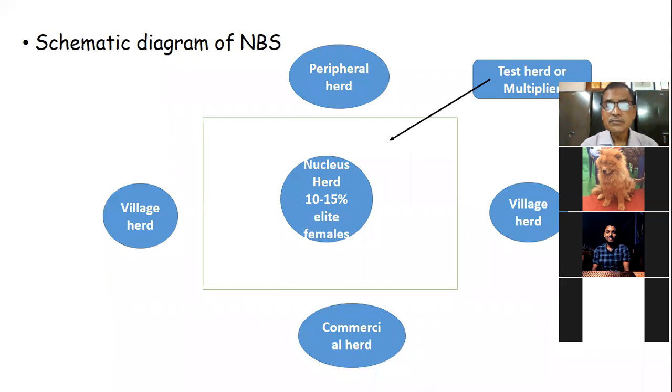Clear? There are two nucleus breeding systems. One is closed nucleus breeding system and the other is open nucleus breeding system. Under closed nucleus breeding systems, the gene flows from the top to the bottom. That is from nucleus herd to the test herd to the village herd. Whereas in case of the open nucleus breeding system, the nucleus is open. It means the genes flow from the nucleus herd to the multiplier herd to the village herd, and the reverse also takes place. That is village to the